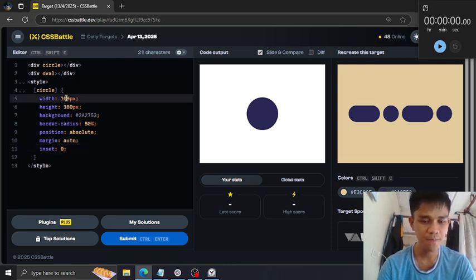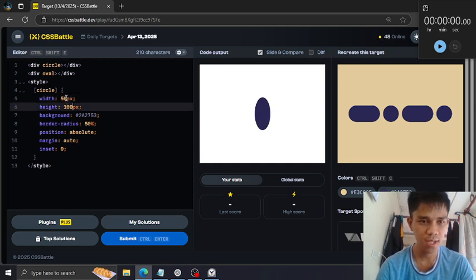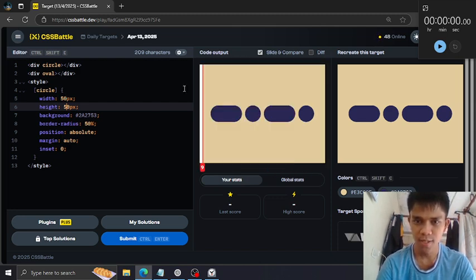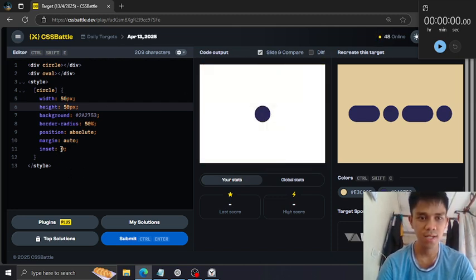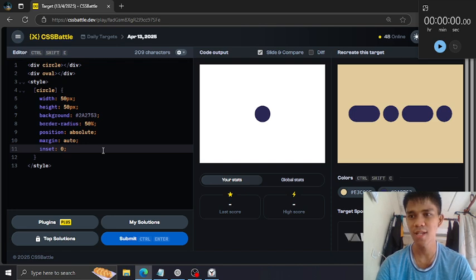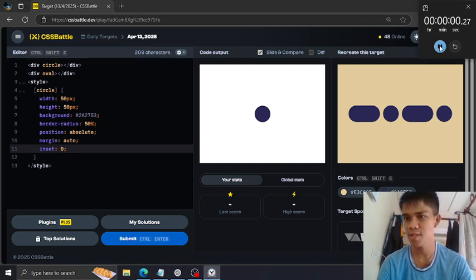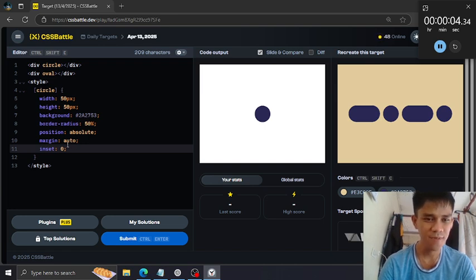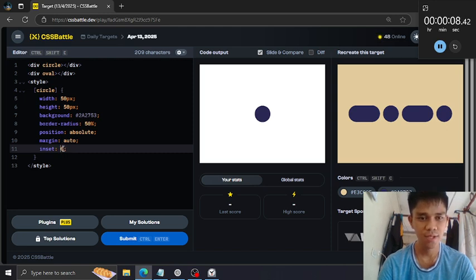So 50 pixel on the width and 50 pixel on the height. Yep, that's right. And move this slightly on the left. Oh, we forgot to press the play button. To move this slightly on the left, we gotta utilize the full power of this inset property.